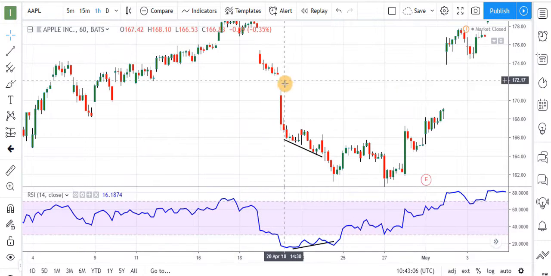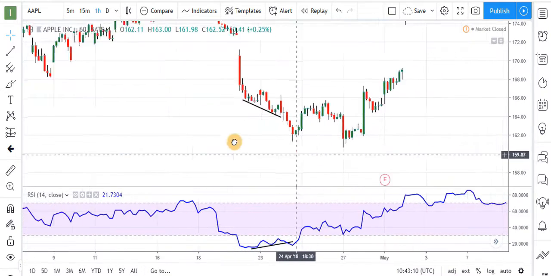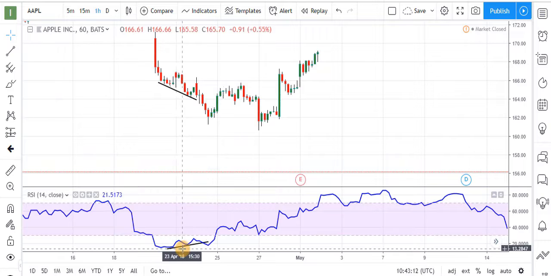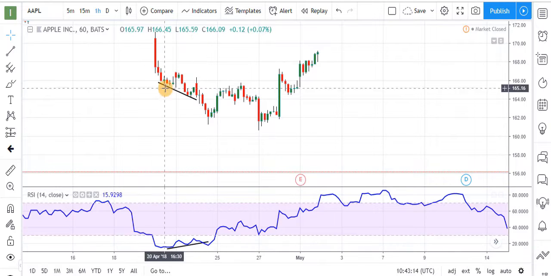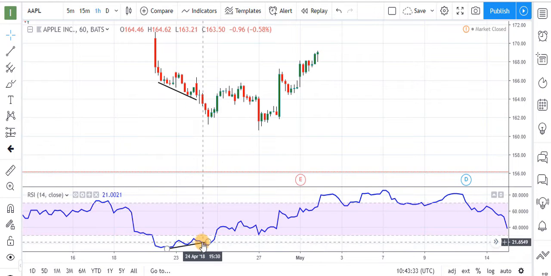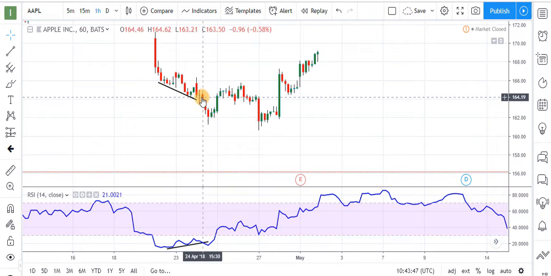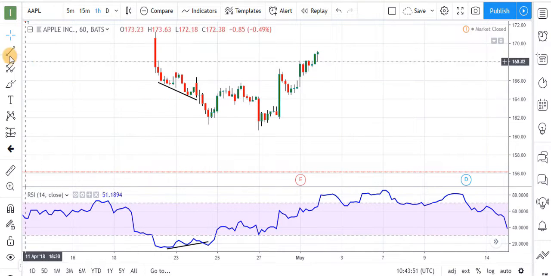See, the existing trend is downtrend, and at this point we are getting a positive divergence because RSI troughs are going in upward direction, but prices are continuously falling down, so it is a positive divergence. At this point, RSI is breaking down the support line, so we get a signal of trading in the same direction of the existing trend, and we can sell when we get a breakdown of this support line.